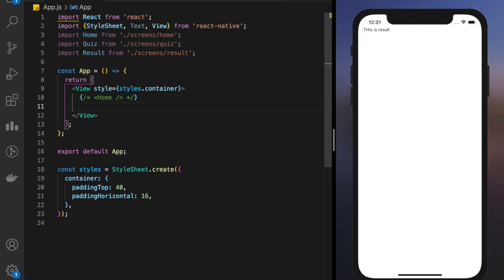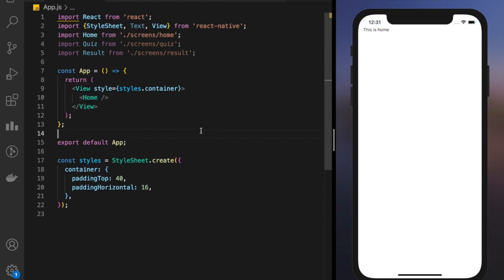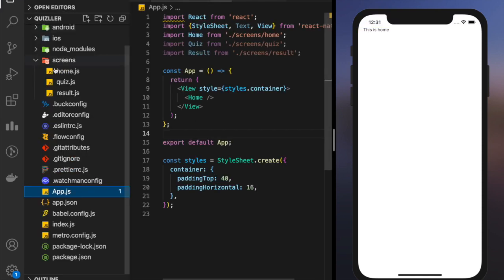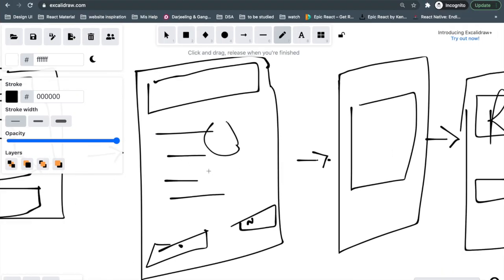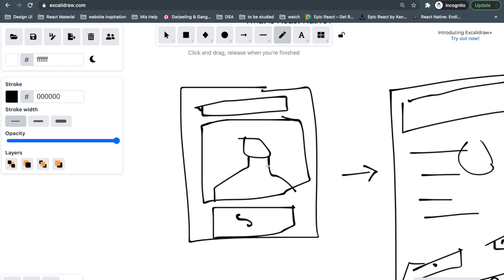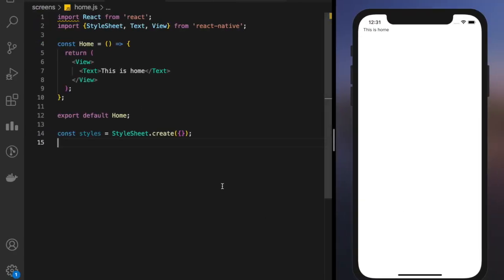One more thing, React Native is a very processor heavy task, so make sure you have good RAM, minimum 4 GB, otherwise this will lag a lot. So okay, let's uncomment it and let's create our home screen first. If you go to home, what we decided is that we will write Quizlet, an illustration, and a start button. 3 components, fairly simple.